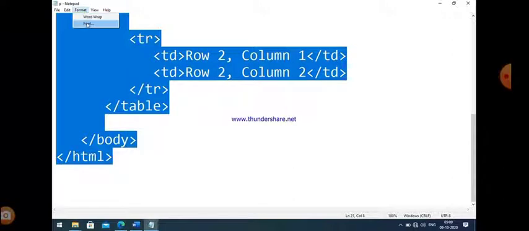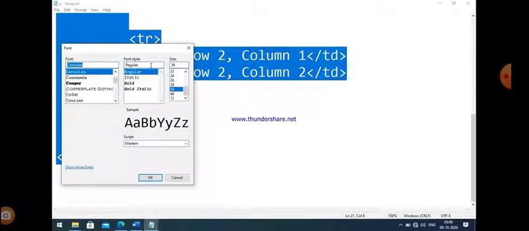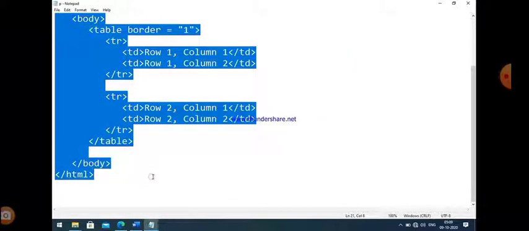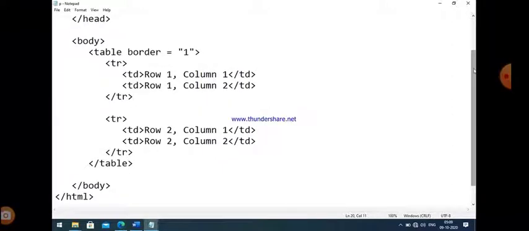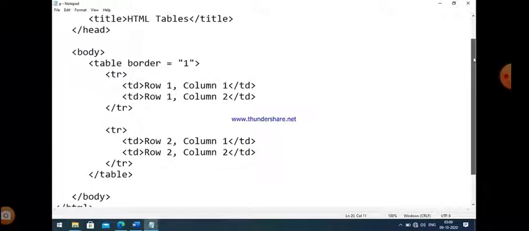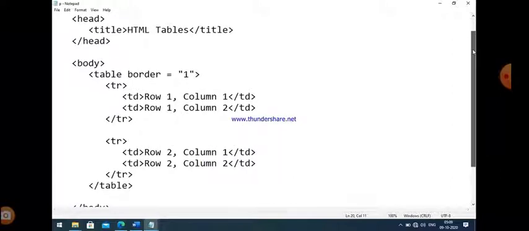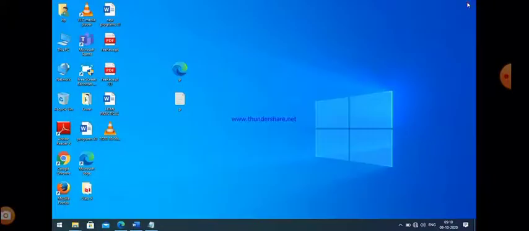By default, border is equal to 0. So if we don't define border, then by default it is considered as 0. It means the table will appear without any border. That is our code. I think now it is clear to all of you. So let us take another example of a table.